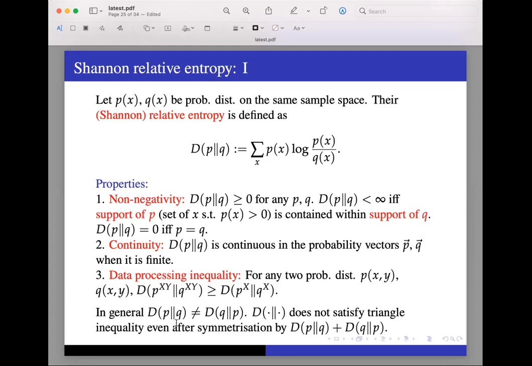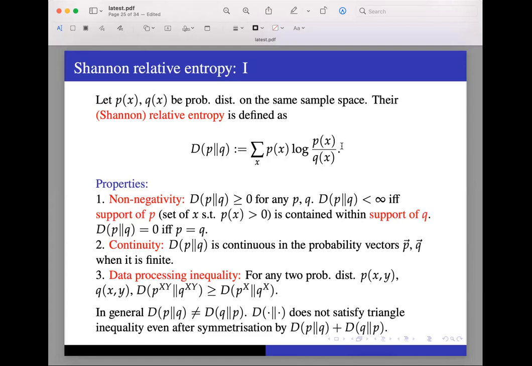As you can see from the asymmetric definition, and you can verify by concrete examples, the relative entropy is not symmetric. In fact, even if I symmetrize it naively like this, it does not satisfy the triangle inequality. So the relative entropy does not form a metric, unfortunately. Let us say I symmetrize it. It is symmetric, and it is strictly positive because of this property. That's good, but unfortunately, even after this symmetrization, it does not satisfy the triangle inequality. So it's not a metric. It also looks a little hairy because of the log function, but as you'll see, it's a very useful quantity. That's why I'm calling it the mother entropic quantity.